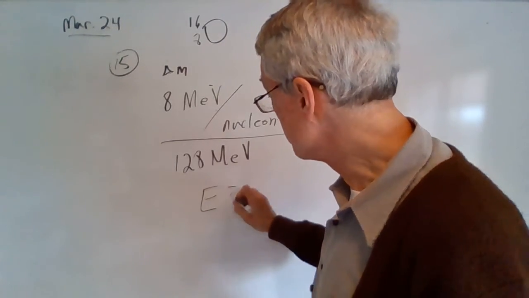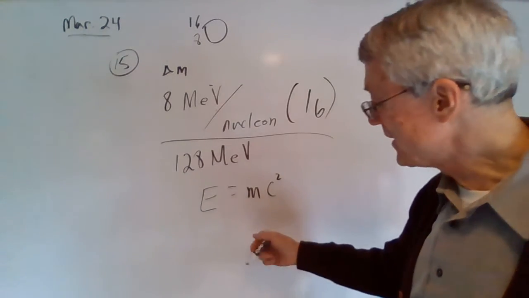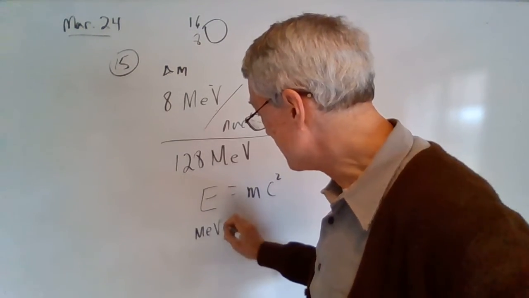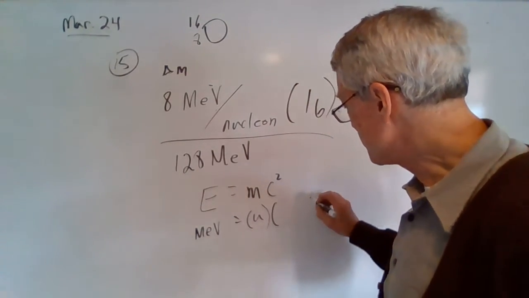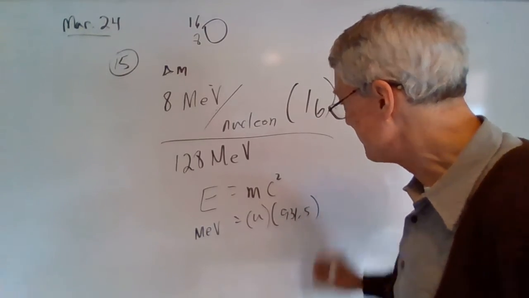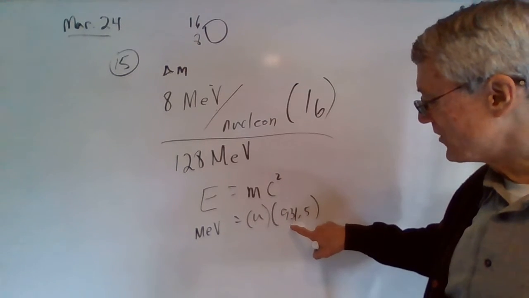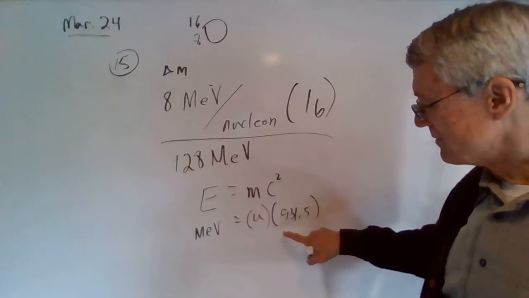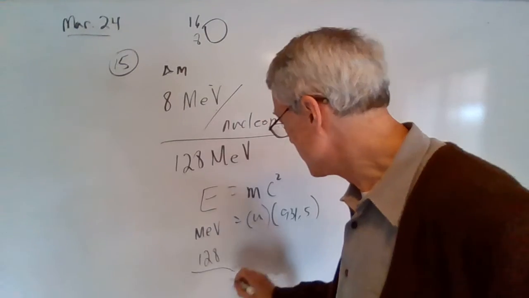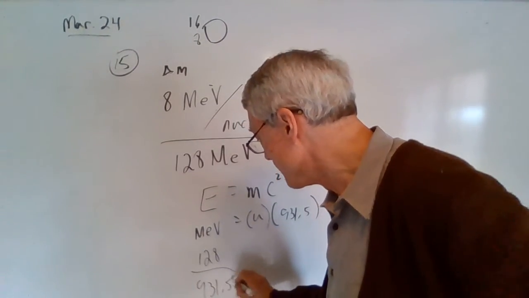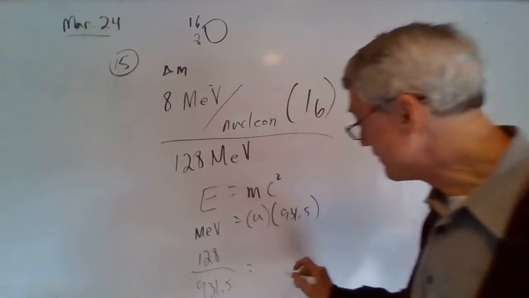Okay, well, if you know that, what you know is E equals mc squared. Now, we've talked about this yesterday. If this E is in mega electron volts, which it is, and the mass is in U's, then the constant is 931.5. It's not really the speed of light squared, it's this. And so to get U's, that's the mass, you simply divide 128 mega electron volts by 931.5. And when you do that, you will get 0.137 U's,